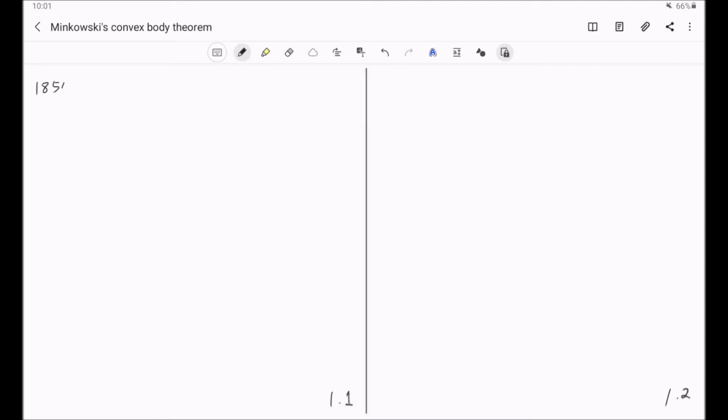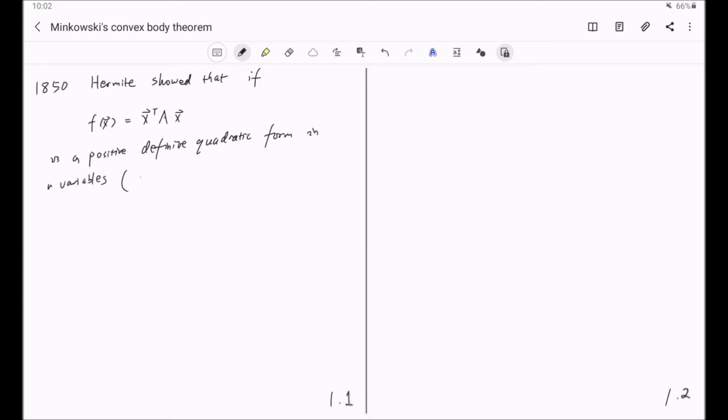In 1850, Hermite showed that if f of x, written as the product x transpose A x, is a positive definite quadratic form in n variables, namely x is in R^n and A is an n by n matrix,